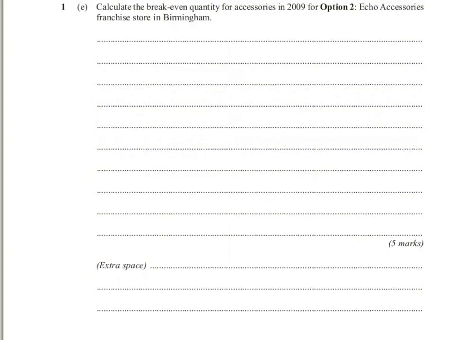Okay, so to answer this question, first of all, we must ensure that we understand what the question is asking us. So, it is asking us to calculate the break-even quantity. Break-even quantity meaning the amount of products that Echo must sell in order for total revenue to equal total costs. As the question is asking for the break-even quantity, I would start by displaying my knowledge by writing down the formula for break-even. So, break-even